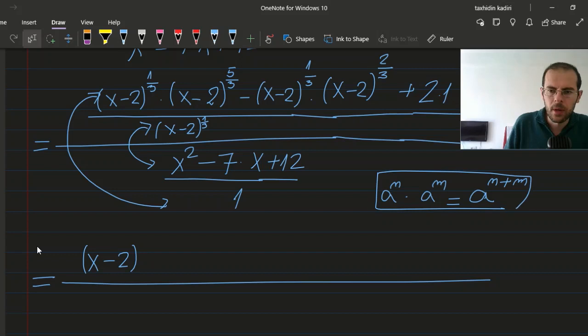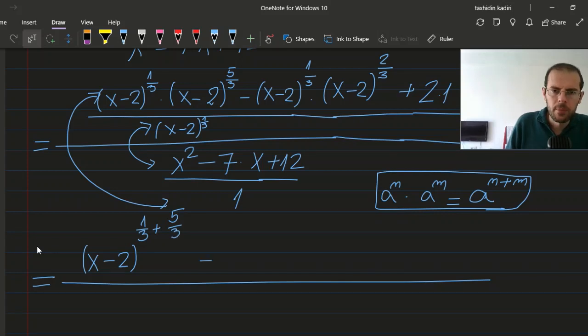We must remember this formula. Now here is x minus 2 and here is x minus 2. Here the base is the same, we must add the powers. It's 1/3 plus 5/3